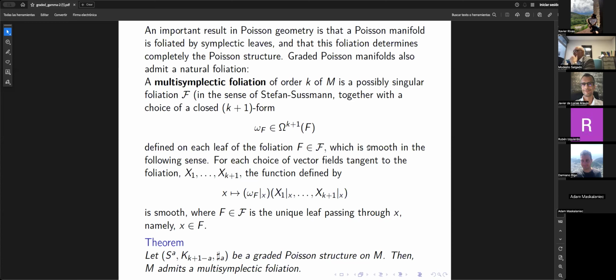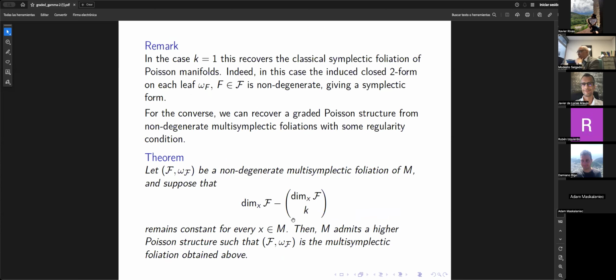So we have the same thing when you have this graded Poisson structure. We can obtain a multisymplectic foliation. So this is just this theorem. If you have a graded Poisson structure on a manifold, then M may admit a multisymplectic foliation. So the leaves are foliated by multisymplectic forms, like in the case